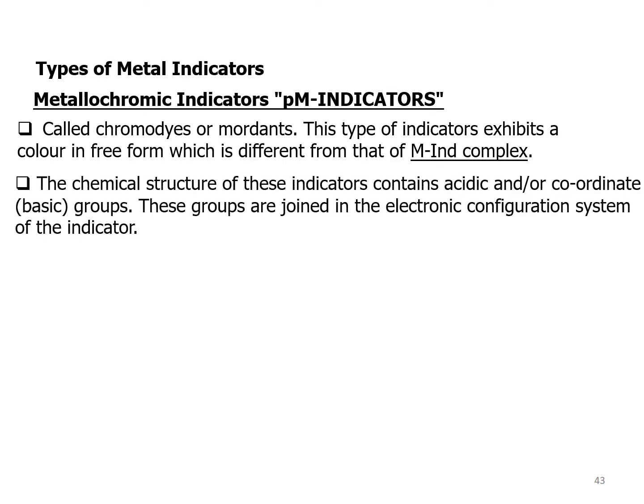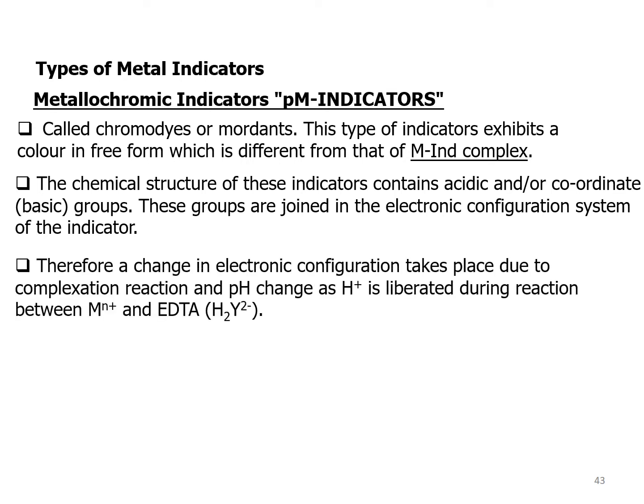The chemical structure of these indicators contains acidic and or coordinate basic groups, which usually hold heteroatoms. These groups are joined in the electronic configuration system of the indicator. Therefore, any change of this electronic configuration could take place